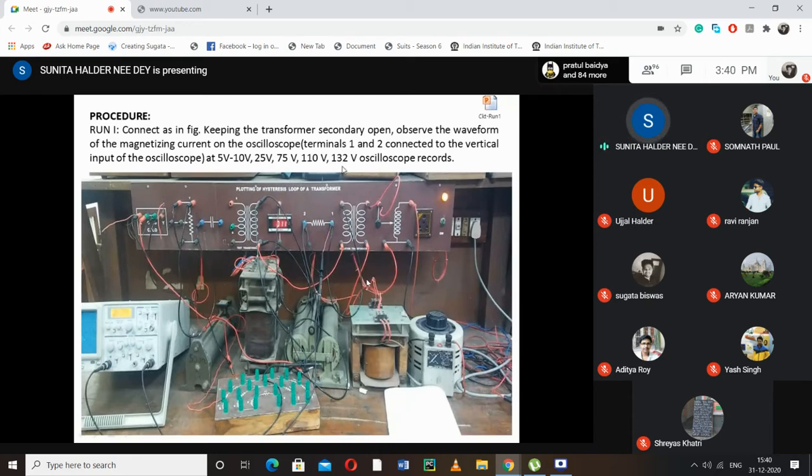Here I shall give you only a few observations, because I cannot collect more than that. And actually in the lab also we do it for 10 volt, 75 volt, 110 volt, and 132 volt, because 10 volt or 25 volt is in the lower range, and the transformer rating is near 110 volt. One thing I have missed here is to insert the apparatus used. If it is possible, I shall insert that in the PPT and give it to you.